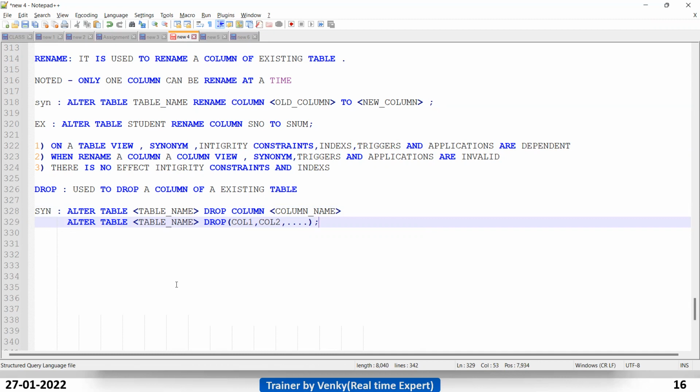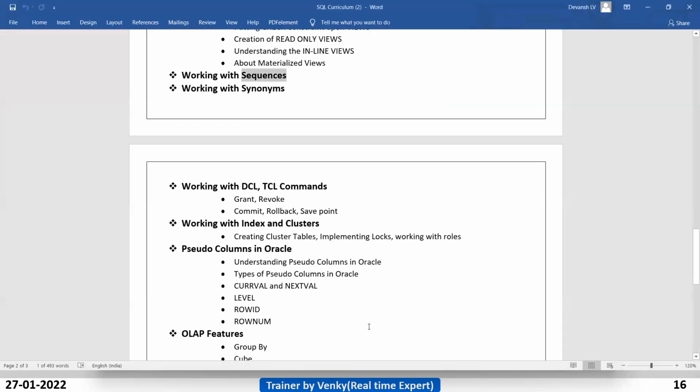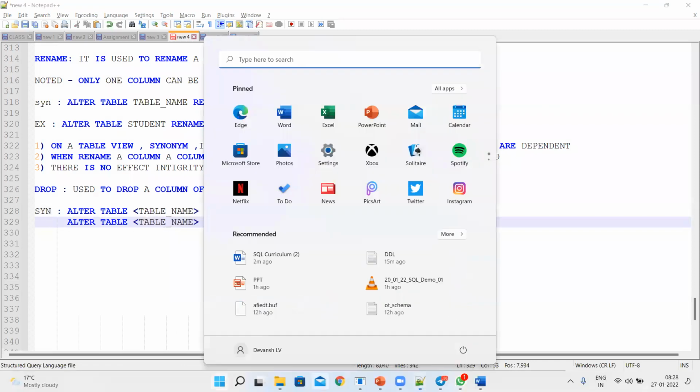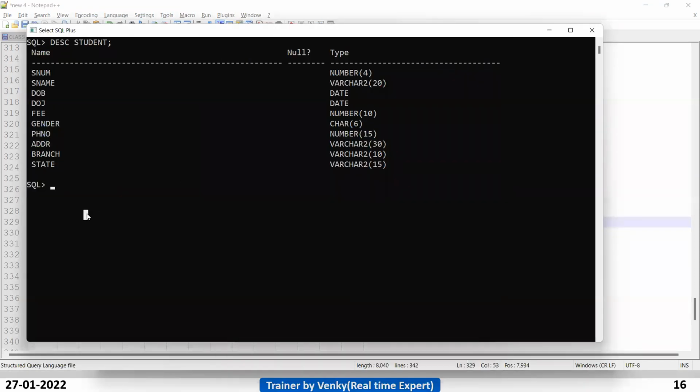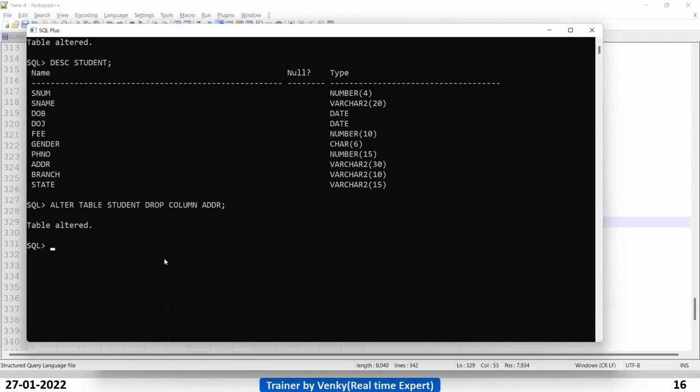Now let us try to drop columns from the student table. Tell me the syntax, guys. ALTER TABLE student DROP COLUMN, and I want to remove ADDR. Yes, table is altered.